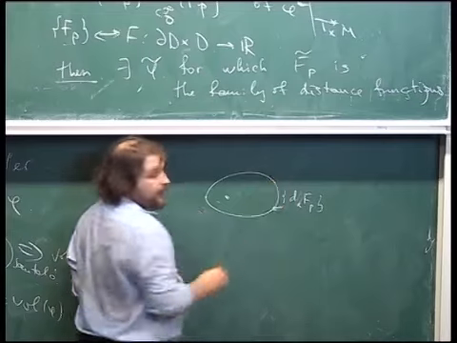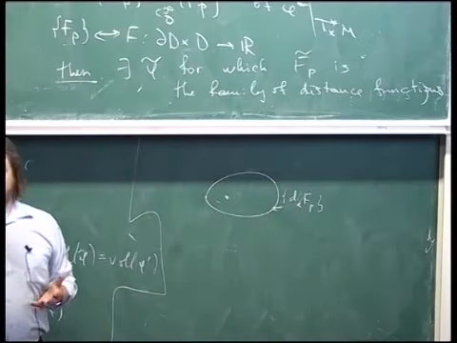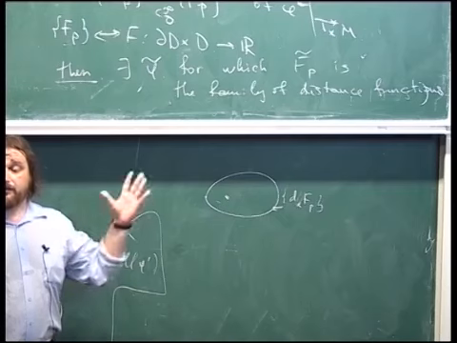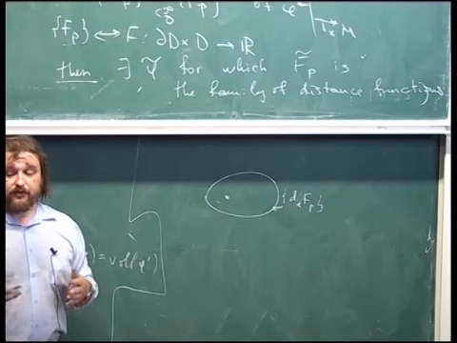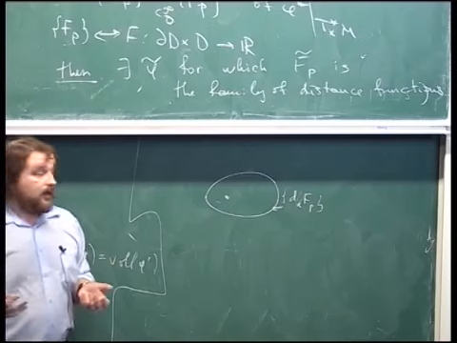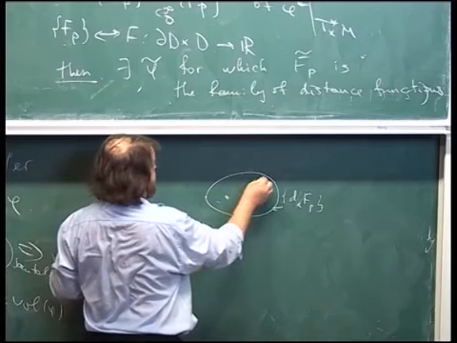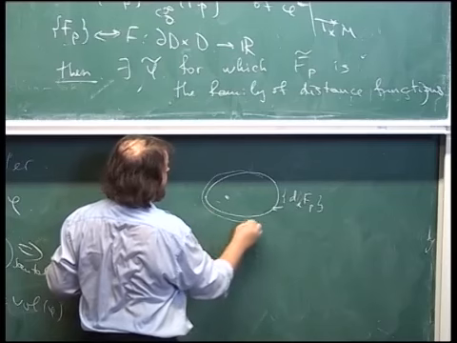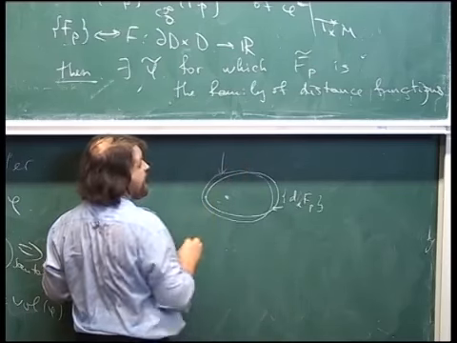And strict convexity is a condition on third derivatives, something in terms of first and second derivatives being positive. So the perturbed thing will again be a strictly convex